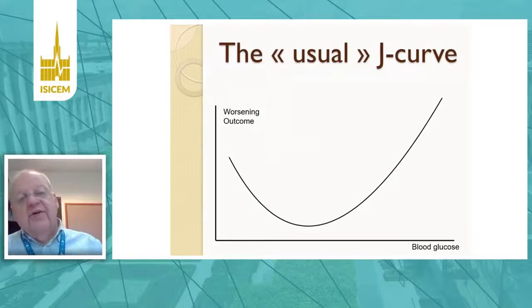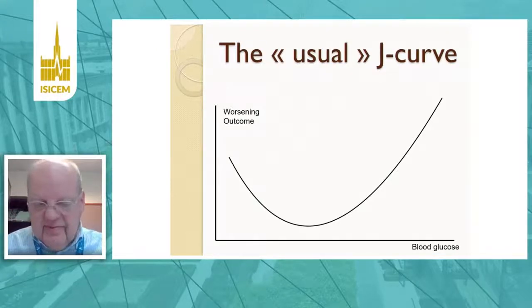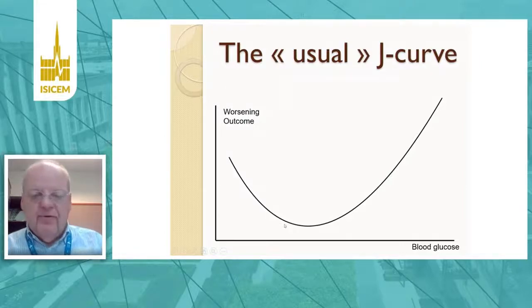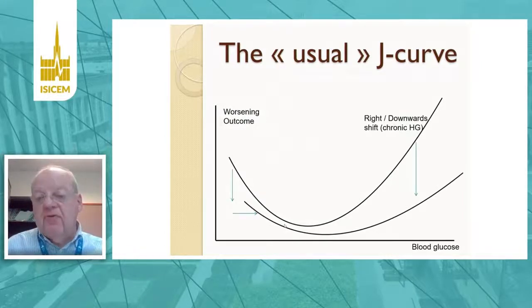The usual J curve is like this, and we'll keep this picture in mind for this talk. On the x-axis you have the blood glucose, and on the y-axis the worsening outcome. There is a J curve with the lowest value being associated with the best outcome. In healthy volunteers, this will be 80 to 110 milligram per deciliter. But in patients with chronic hyperglycemia, such as poorly controlled diabetes, there will be a right and downward shift of